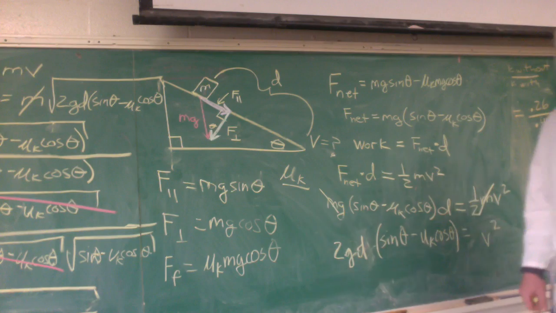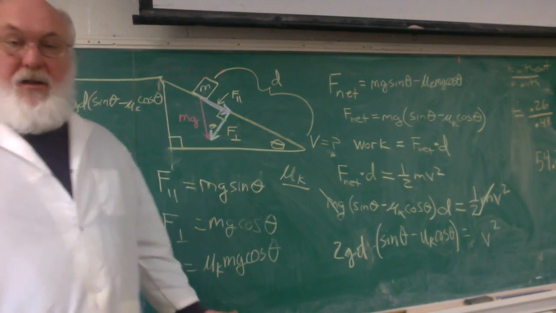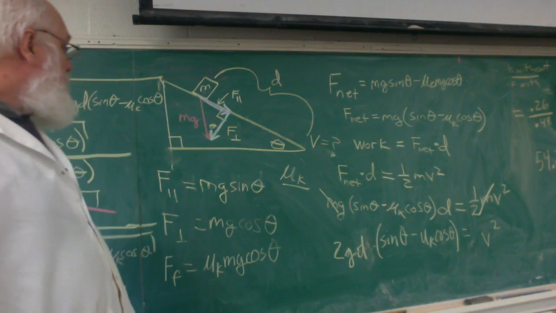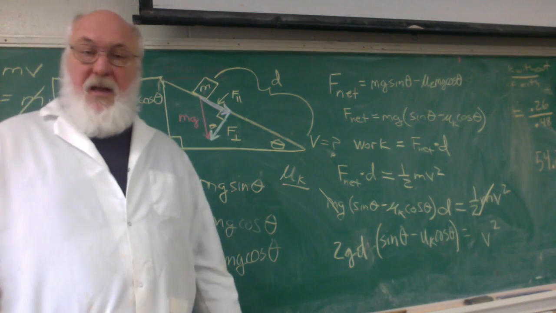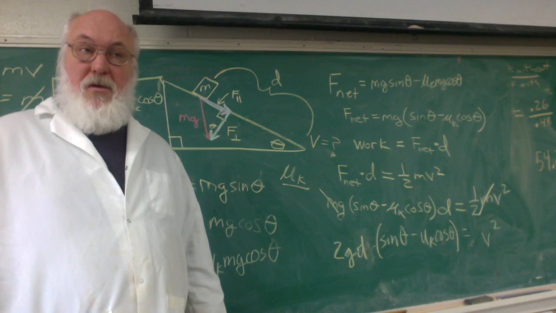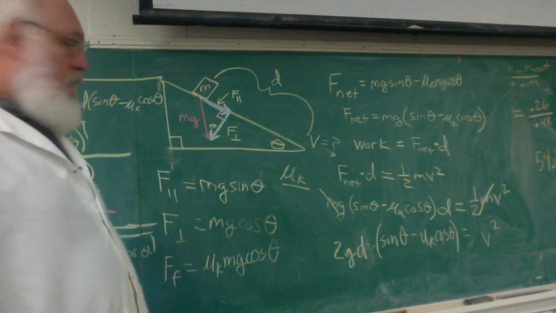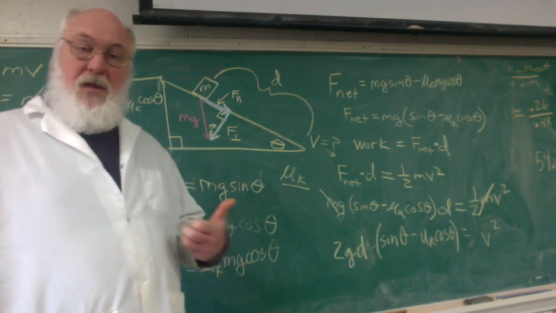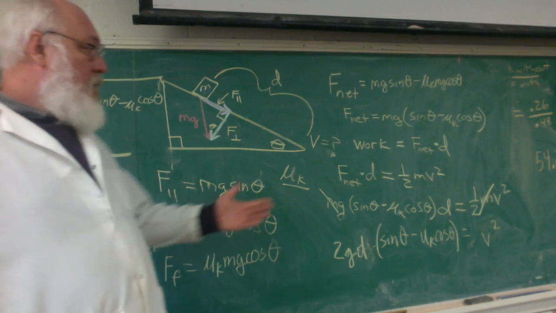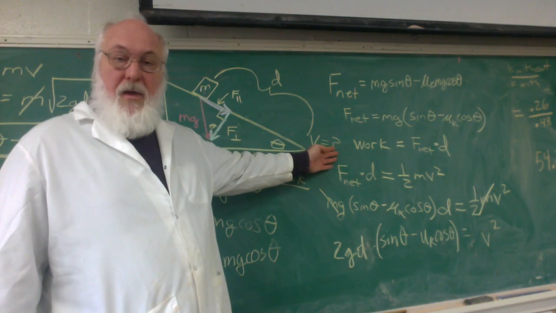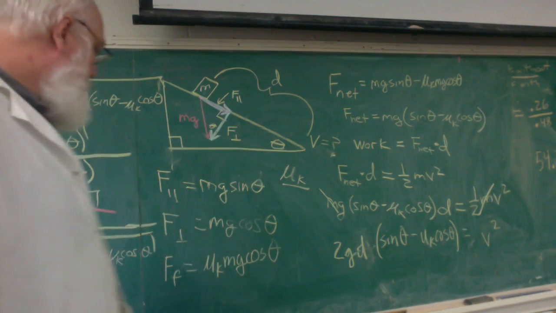So all this, how fast it's going down the incline as well as how long it takes, was obtained not by using the kinematic equations that we used earlier in the year, but by starting out with energy and work,